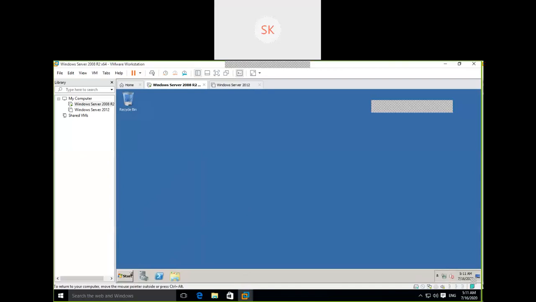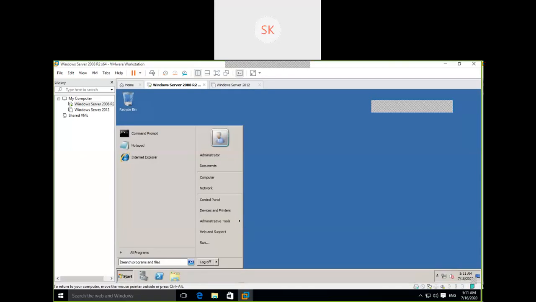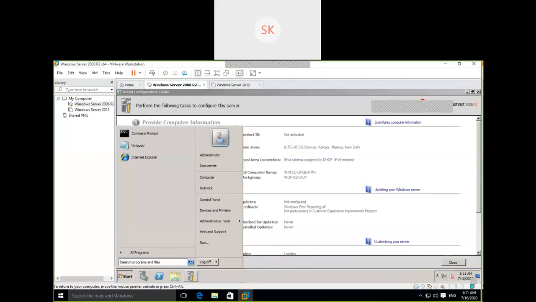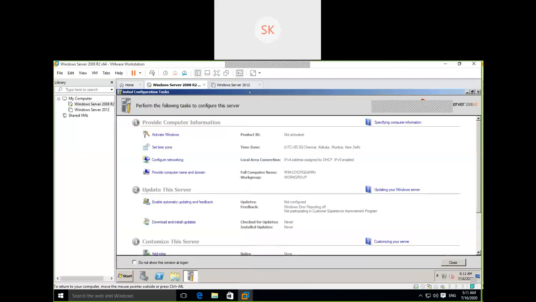You can go there, or else Device Manager is also available in Control Panel. There are different ways to go to Device Manager. If you are not sure how to open it, just Google how to open Device Manager on the respective OS. Okay, close this and open Device Manager.